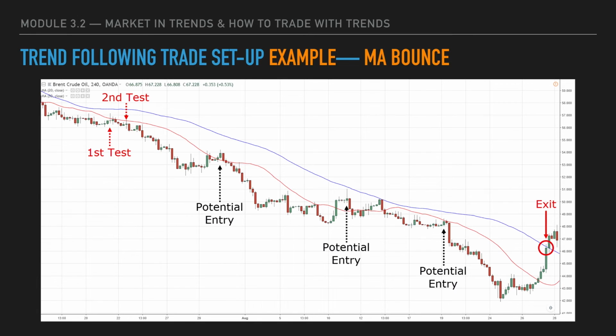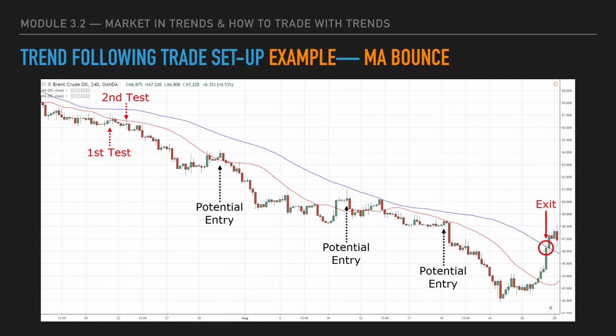As the market keeps going down, the price keeps testing either the 20-day moving average or the 50-day moving average and fails to break it. This provides you with a great potential entry point where you can enter or even add more short positions following the trend. When the price finally breaks the 50-day moving average and closes above it for 2 days in a row, you get out of your full position and take a pretty good return on this trade. So this is one of the simplified but classic examples of how you can use this moving average setup